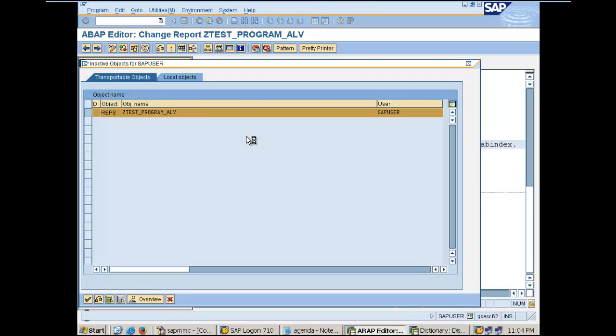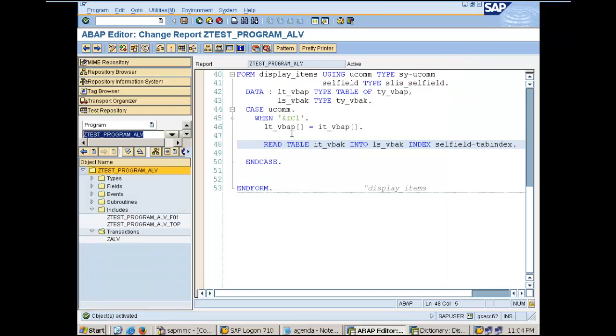So now I know that if I'm just double clicking on 10th field, the system will go to this internal table, that is my first ALV output. It will go and read the value of the 10th field, store it in ls_VBAK, and then based on that what I can do,